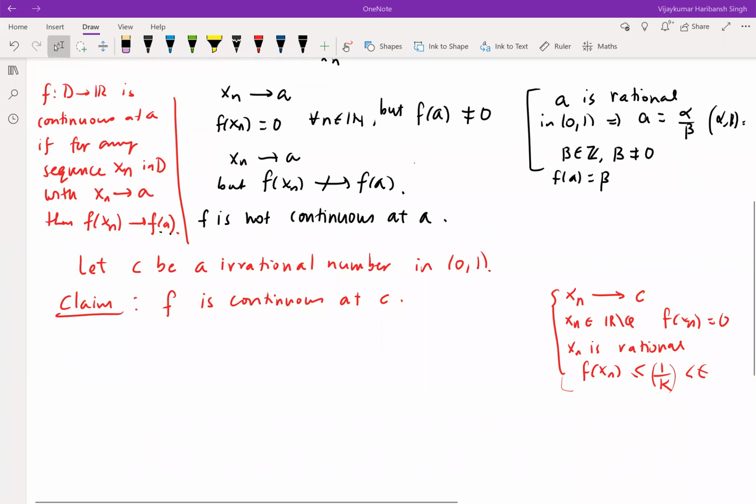So now the next claim is that f is continuous at c. First of all, f of c is 0. So what do we want to show that it's continuous at c? That is to show